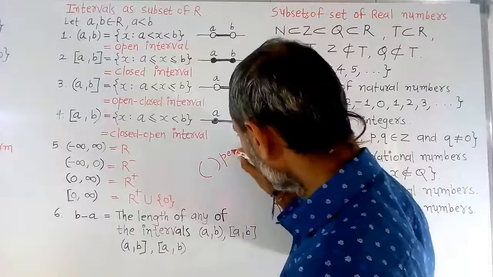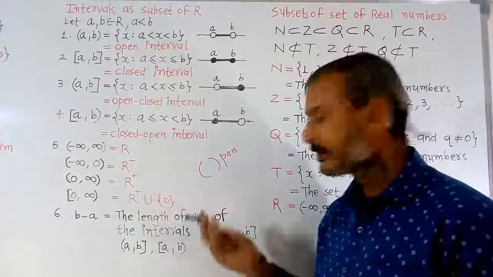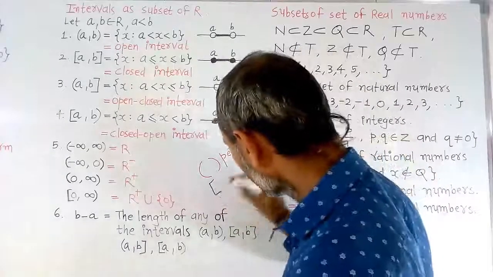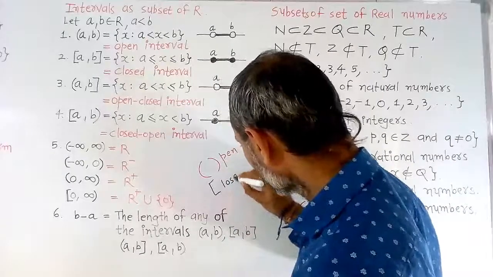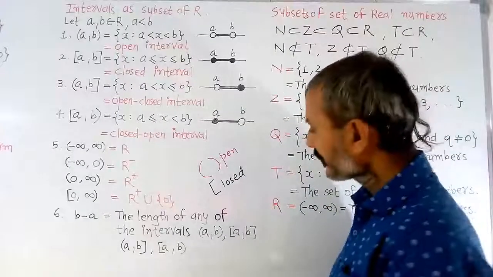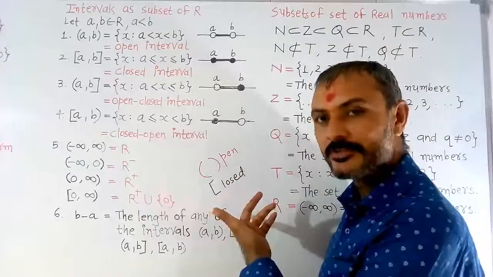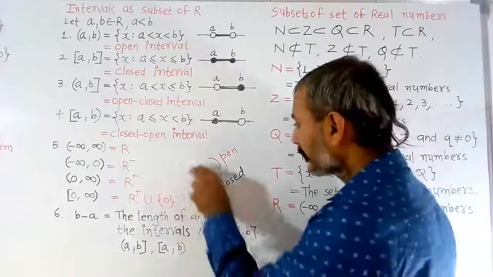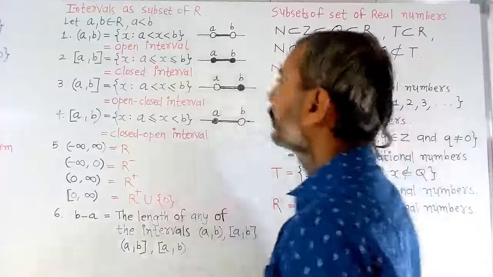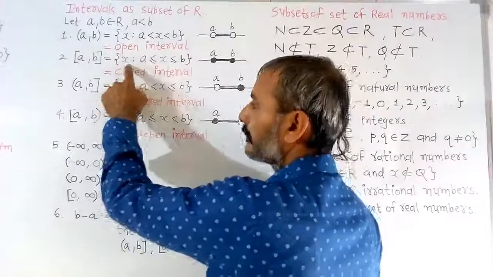Open: remember like this, round bracket. And closed interval, so square bracket. So this is also the method to remember this thing. Next, closed interval, and this closed interval means the set builder form is the set of all x where